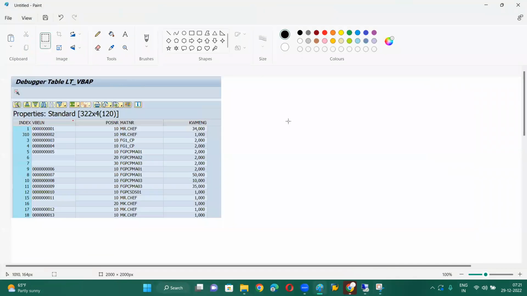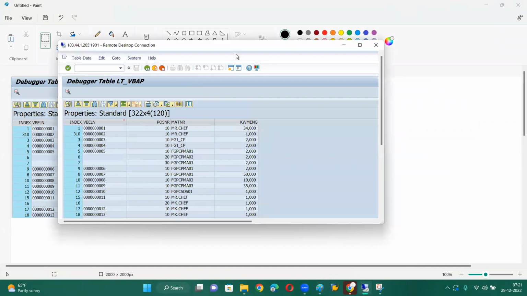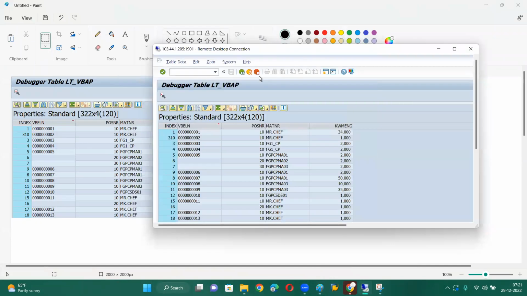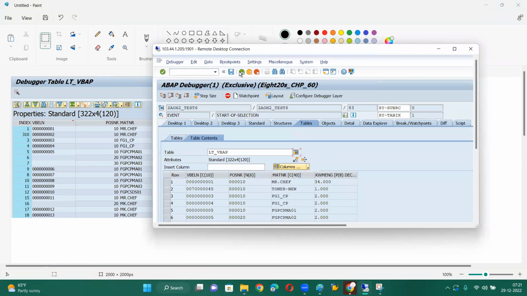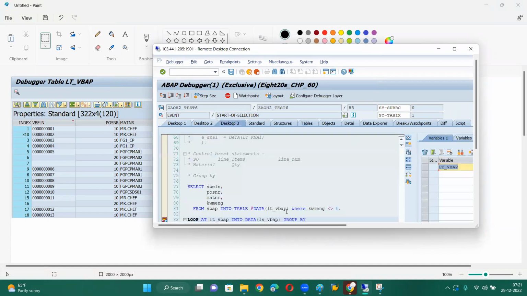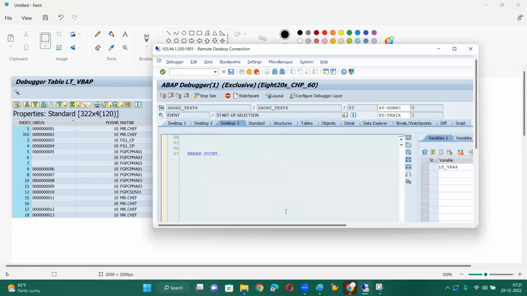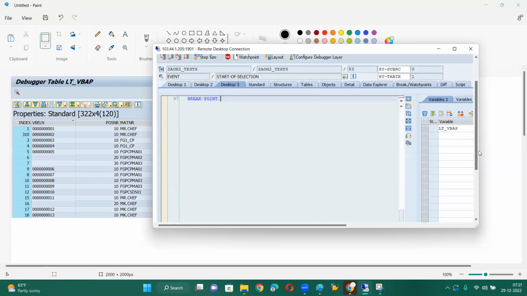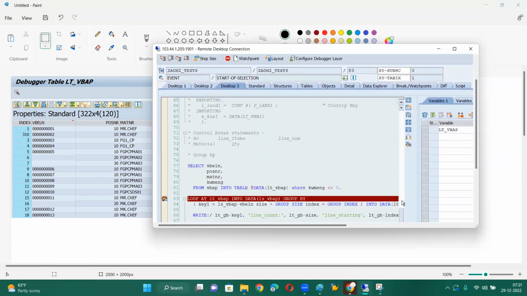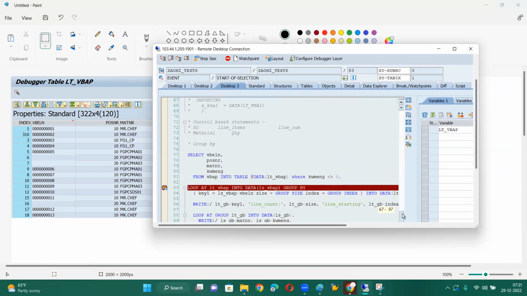So this is the data now. So what I have written here,